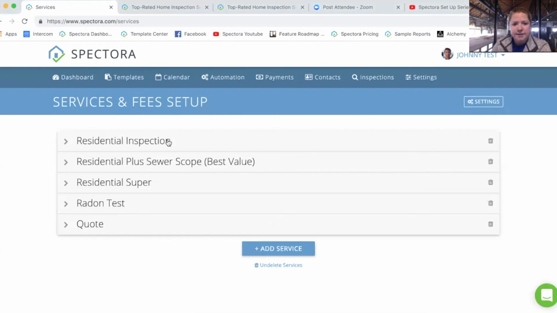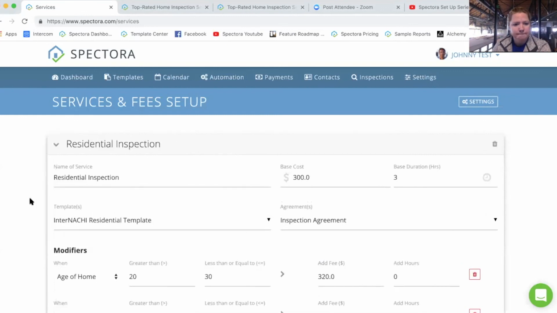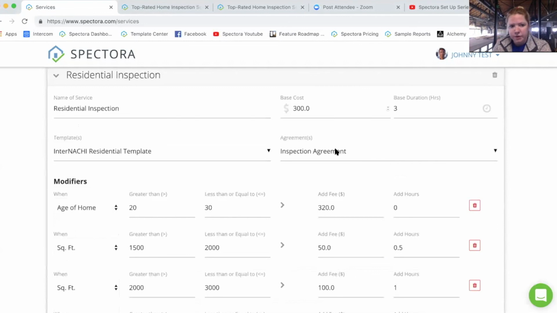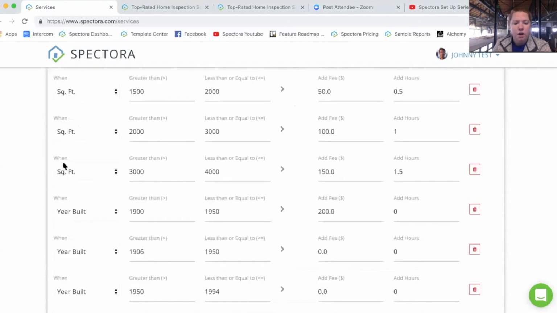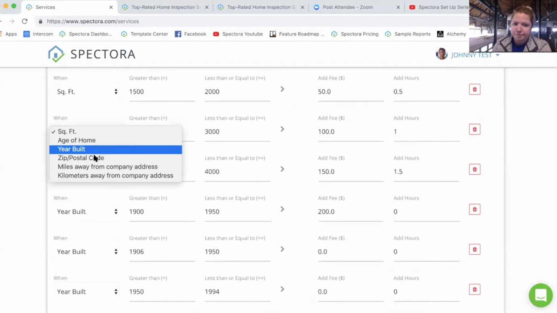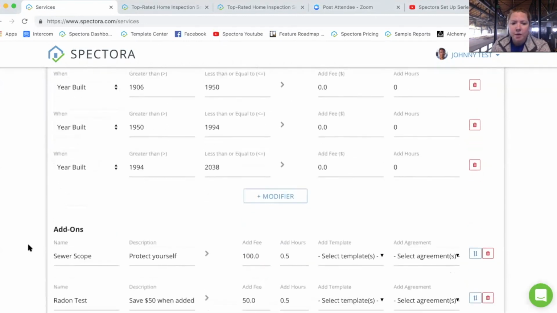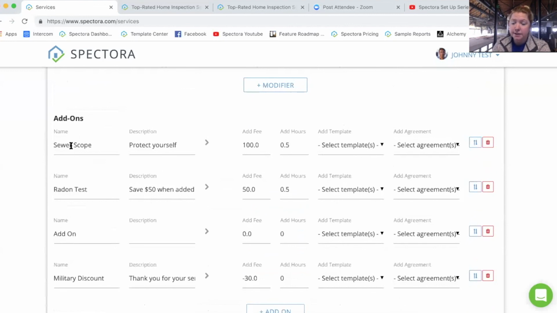Within each service, you can click residential inspection, and you can add name of service, base cost, base duration, templates. You can have modifiers for square footage, age of home, year built, zip code, miles away from company address for a distance modifier. And so you can modify your pricing down here, but then you can also add add-on services. So like these would only be eligible if there's a residential inspection, these would be a secondary drop down of add-ons or upsells that are available